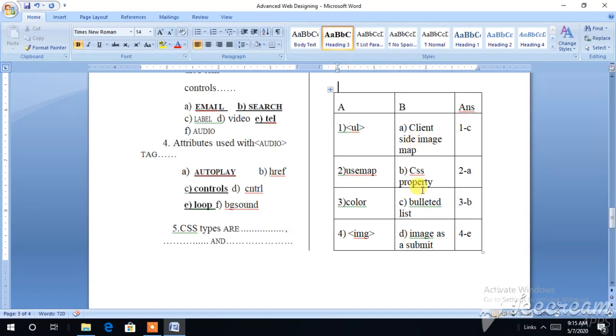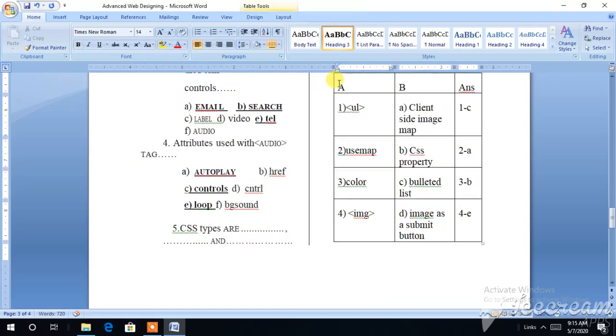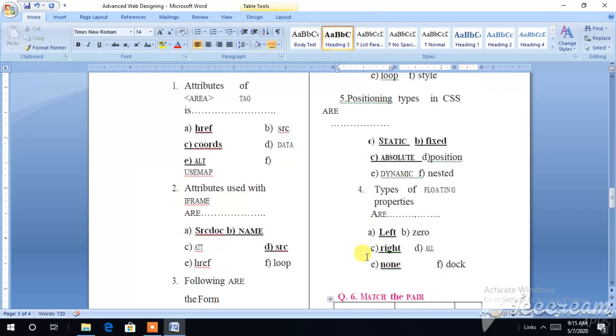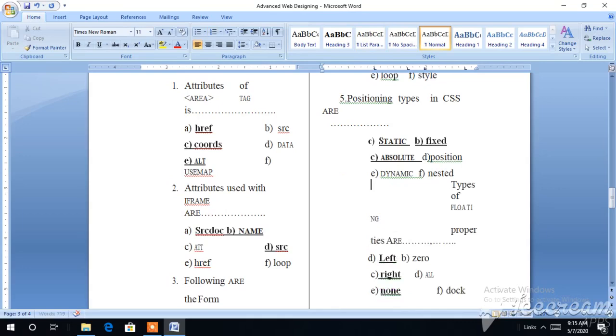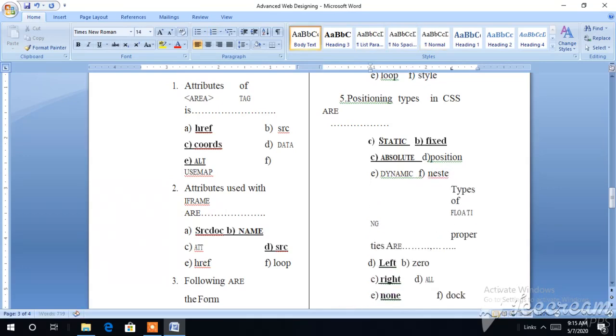Third, for B, CSS property, and fourth, for E. Let me move this up a little so that you can see the answer.